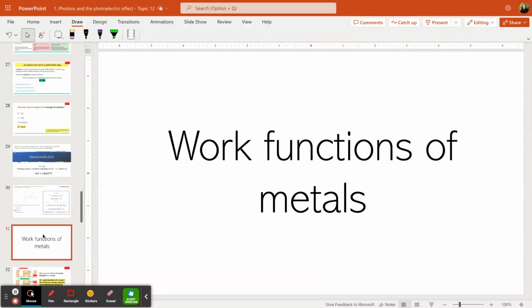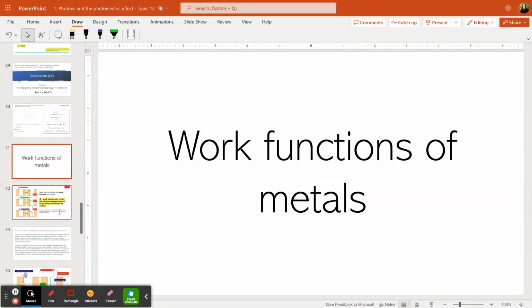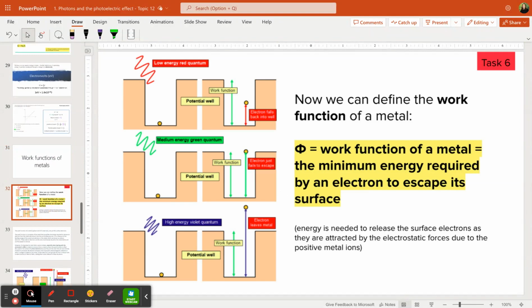We move on to something called the work function of a metal. Okay, we're almost at the end of me talking at you, I promise. So we can define the work function a metal has. It's given by the symbol phi, which looks like an O with a vertical line through it. Okay, so the work function phi of a metal is, by definition, the minimum energy